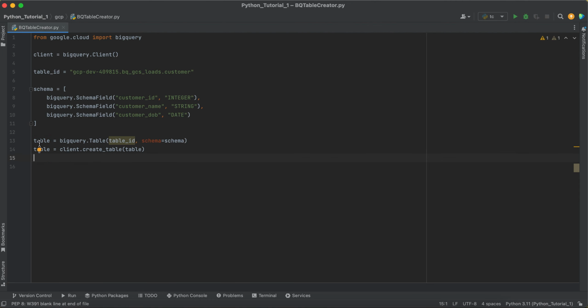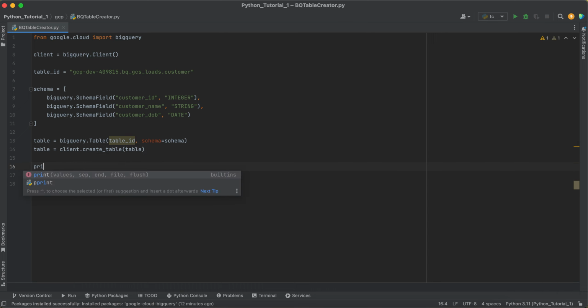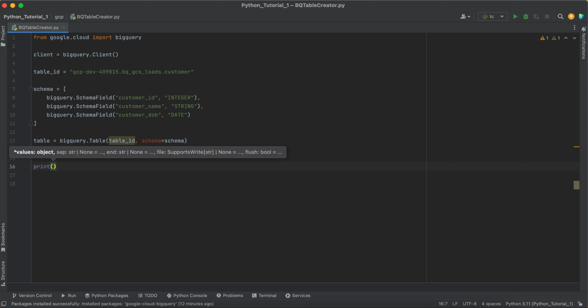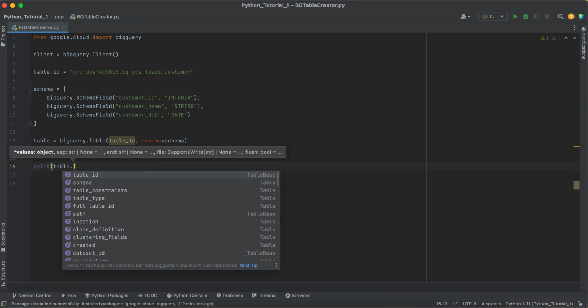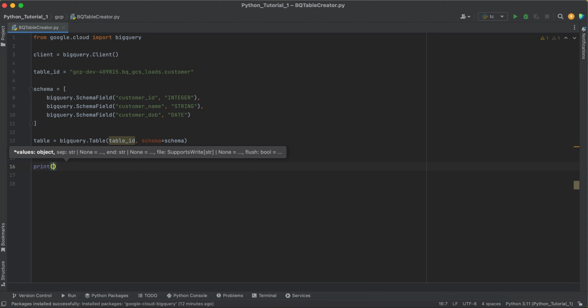This table reference that we have created, right? It will take this as an argument, and what it will internally do is make an API call to the BigQuery instance for which this particular machine is authenticated, and then it will create the table for that particular instance, right? So let's try to print this, that table dot, so maybe if I can write it this way,